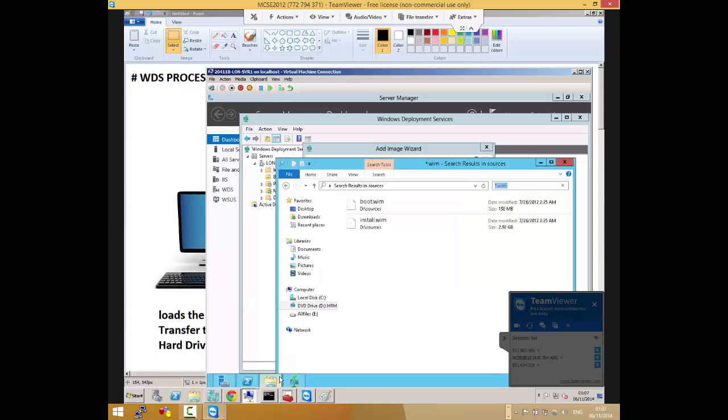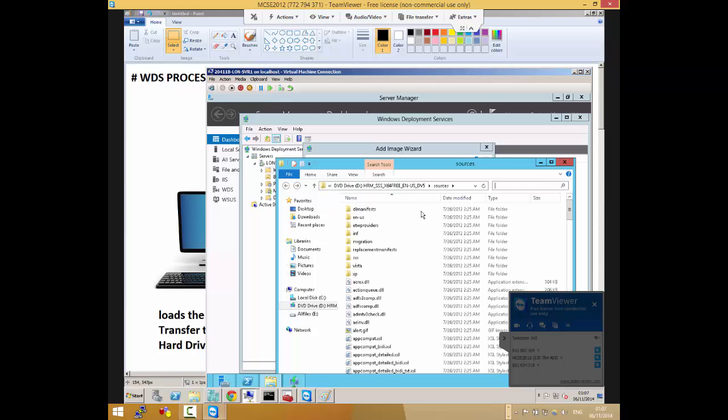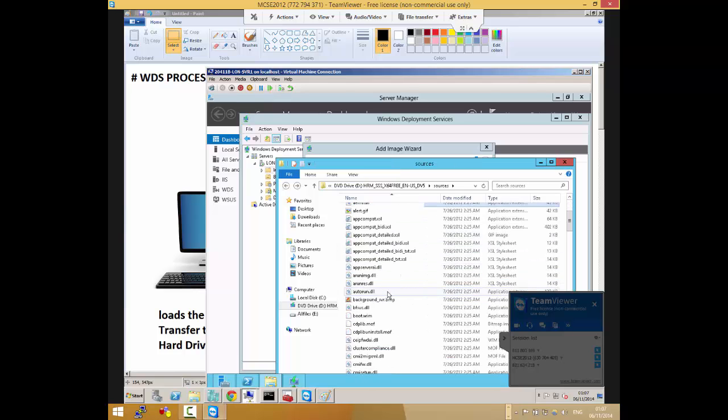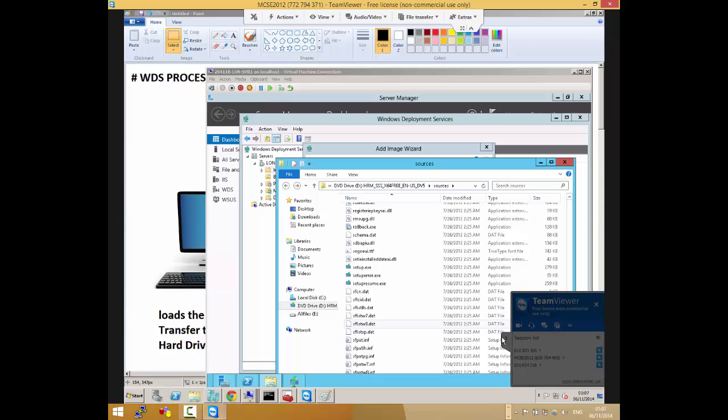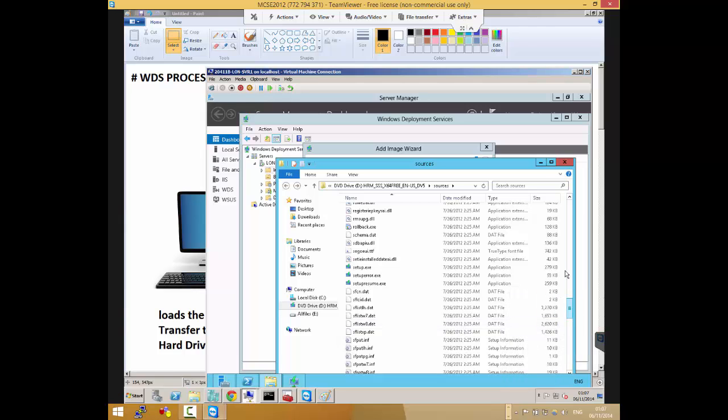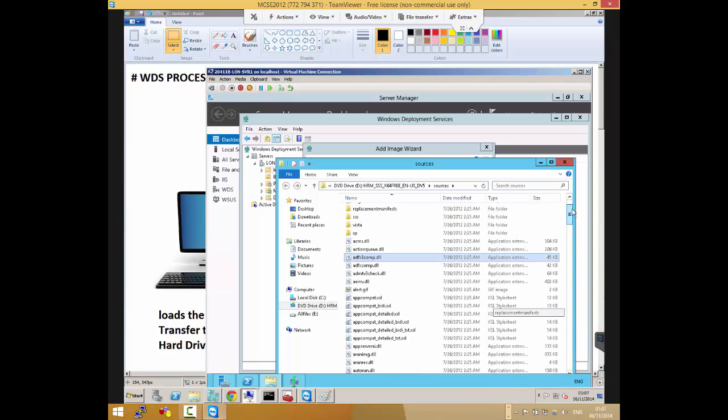So the question you asked: how come in this folder we have lots of files, what's the point of having all these when we're only using two files? For example, I know the SXS contains the roles and the features.